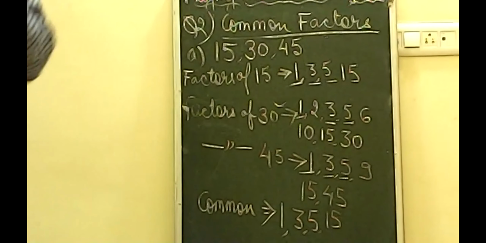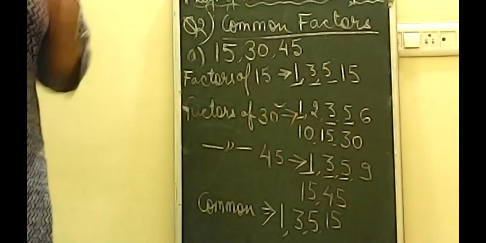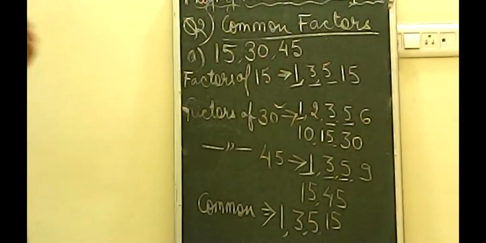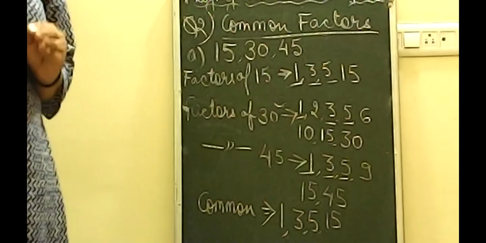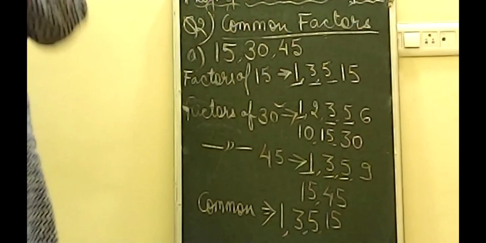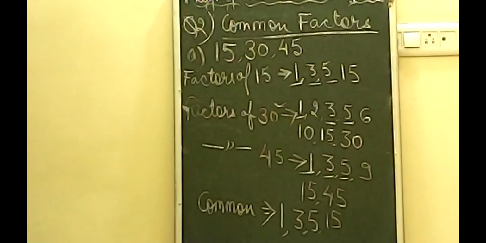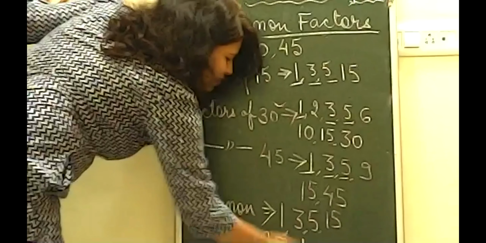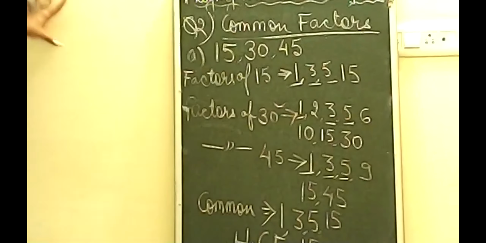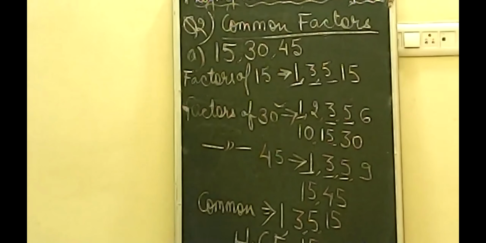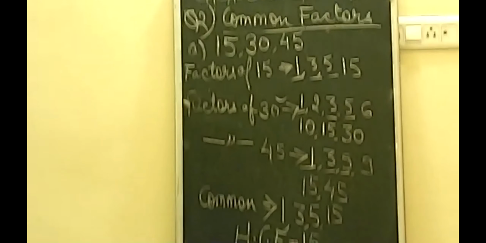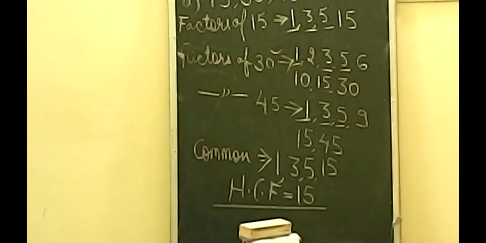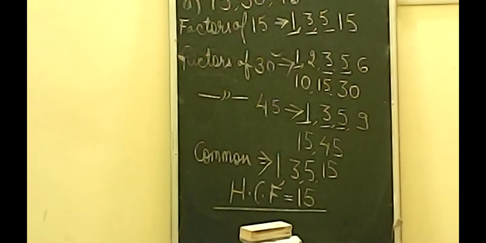So now the last step. Now you tell me which number is greatest here. Which number do you find greater here? Which is the biggest number in this? Absolutely right. Very good. So here HCF, that is the highest number. The highest number is 15 here. So here the HCF will be 15. In this question 15 will be the HCF. So we have done this for three numbers.